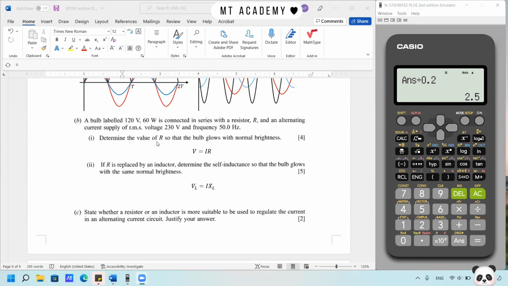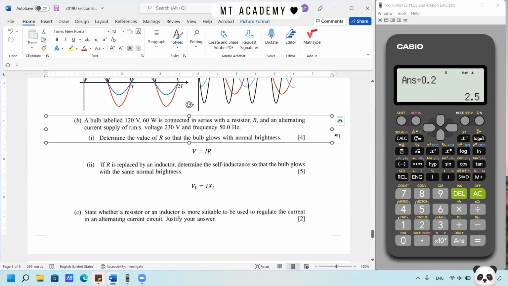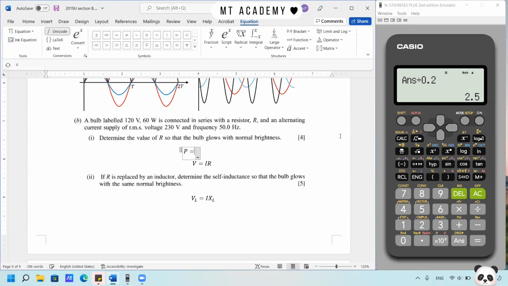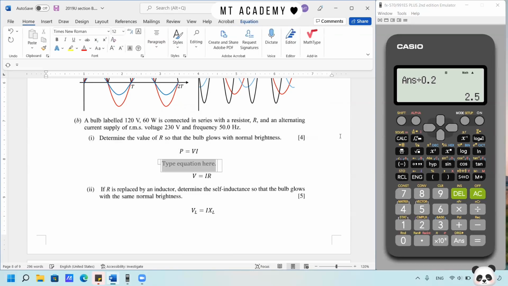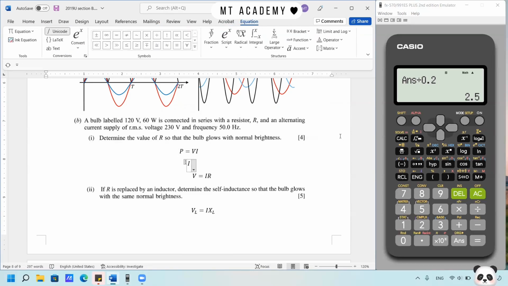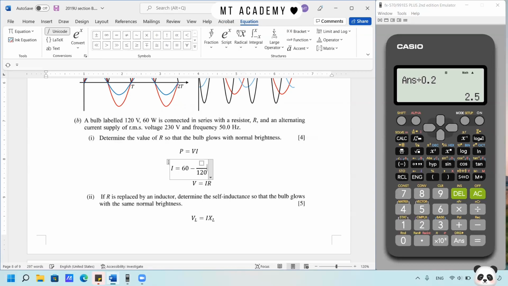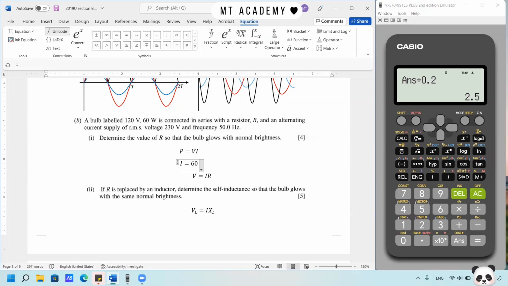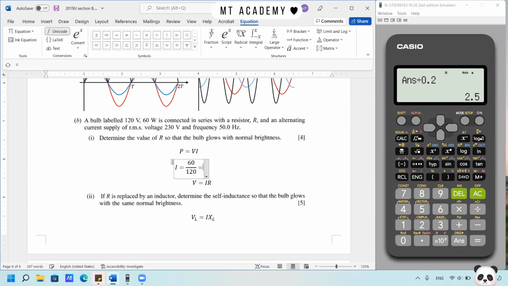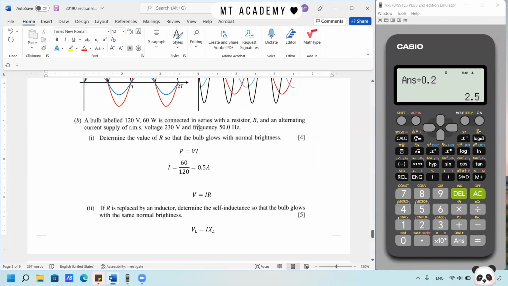To determine the value of R so that the bulb glows with normal brightness, it means that we supply 120 volt to the bulb and also 60 watt. Which means that the current across the bulb should be equal to 60 divided by 120. We have the formula of power equal to VI. So the current is equal to the power 60 divided by 120, and it is equal to 0.5 ampere. So this is the spec that we need to supply to the bulb so that it can glow